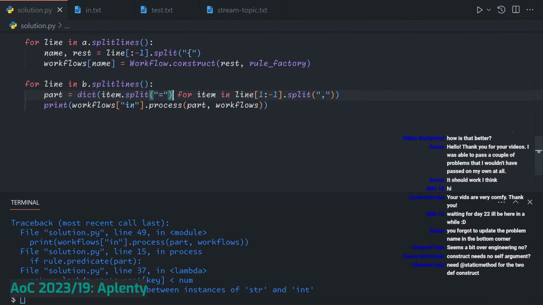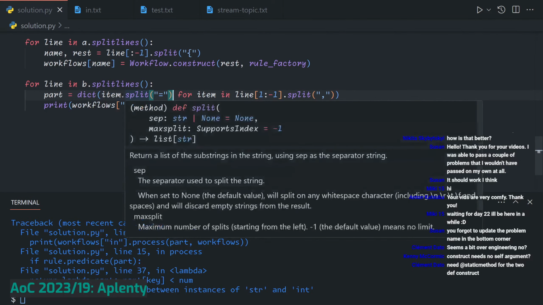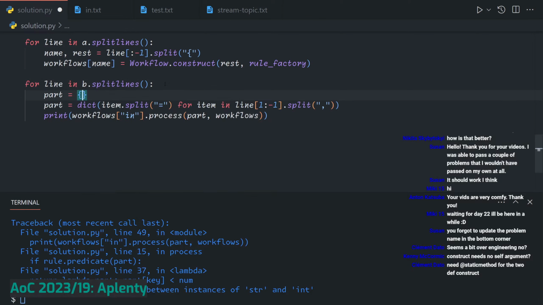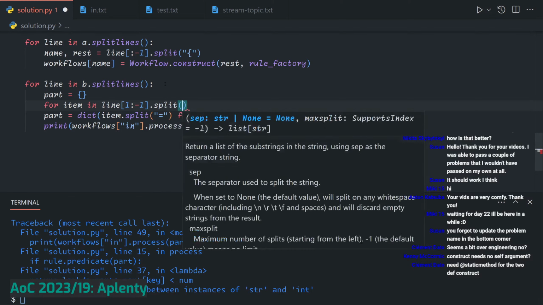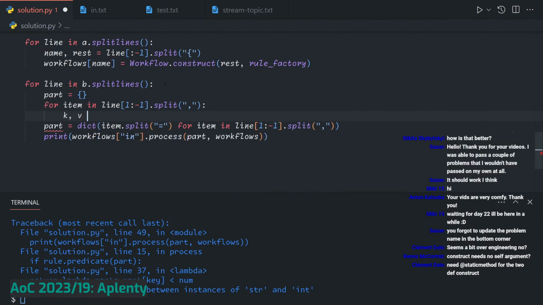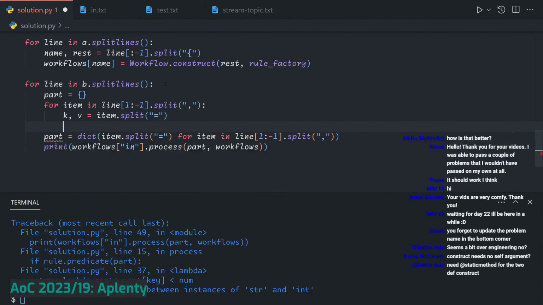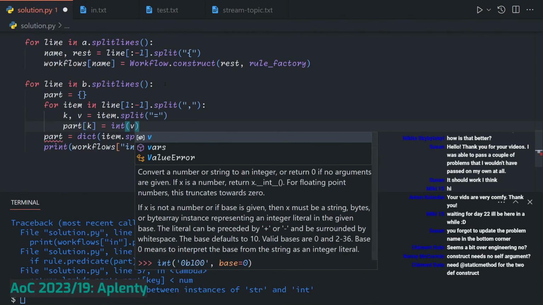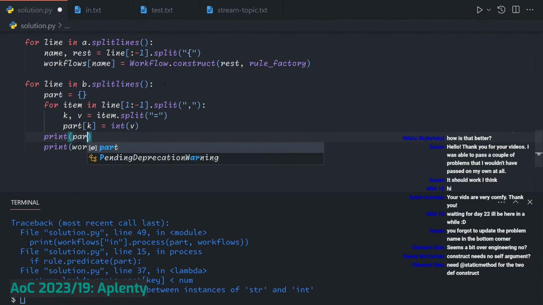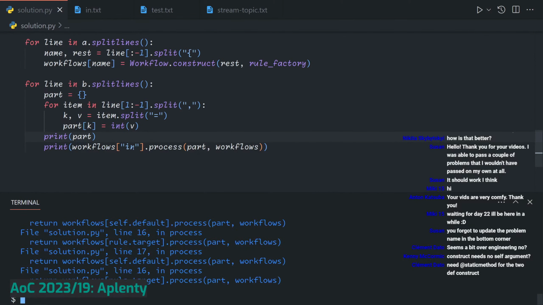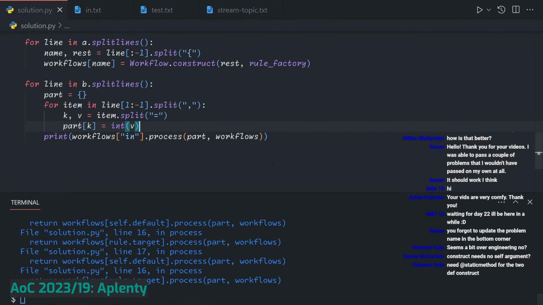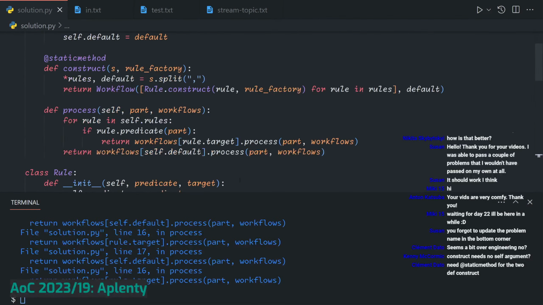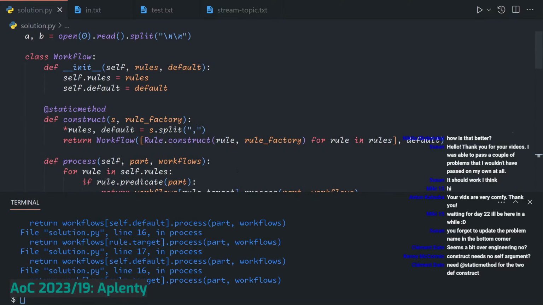So I guess let's do it this way. For item in line[1:-1].split(comma), kv equals item.split equal sign, and then part[k] equals int(v). If we try doing this right now, we'll get a key error because we haven't defined the R and A workflows. So what we can instead do